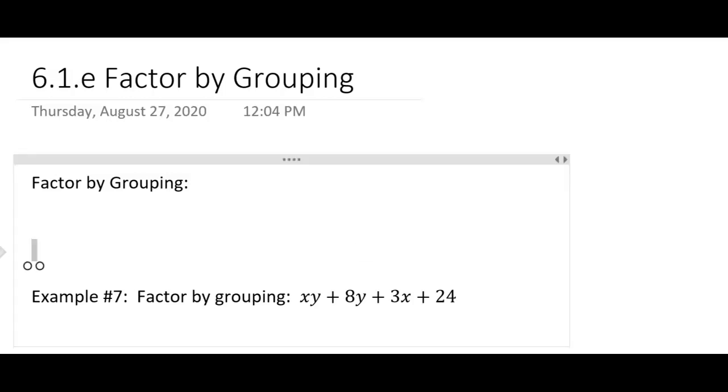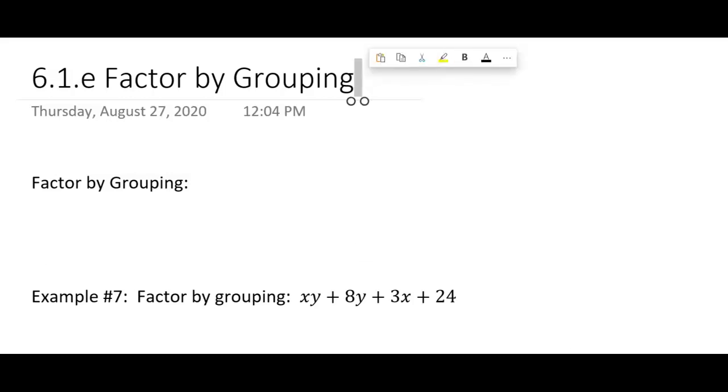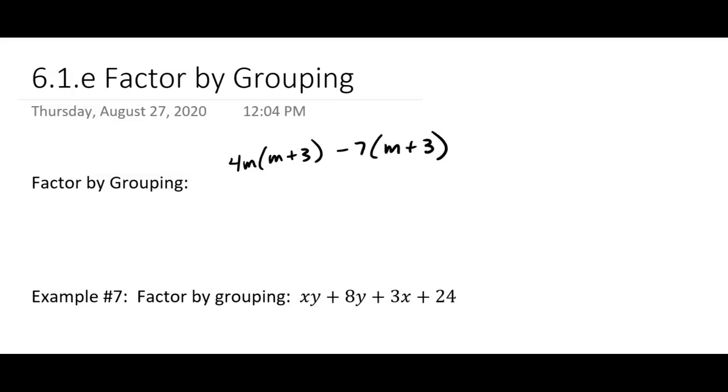Okay, so you remember in our last problem, we had something like 4m times m plus 3 minus 7 times m plus 3. I think that was in the last video. And I said, okay, in this problem you have stuff minus stuff, right? I talked about this being subtraction. So, subtraction. Okay, so then we said, all right, well, they have m plus 3 as the greatest common factor,